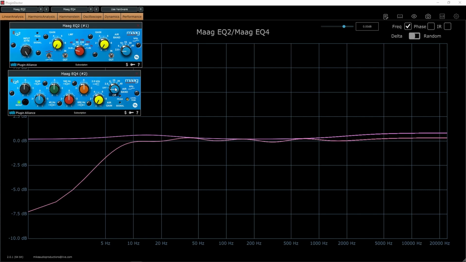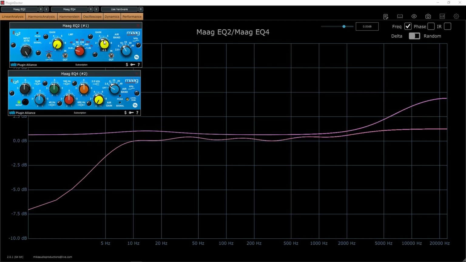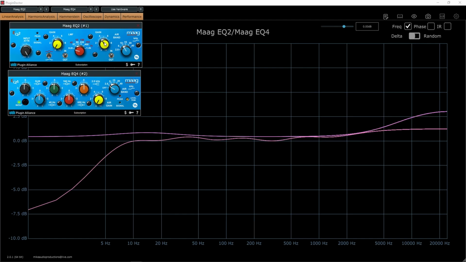With that said, what do I think of the sound of the Maag EQ4 plugin? My own personal opinion. Though I find it to be a nice sweetener, I have heard what the hardware does and enjoy that much more. If I was to use Maag in anything I do, I would just save the money and purchase the hardware,